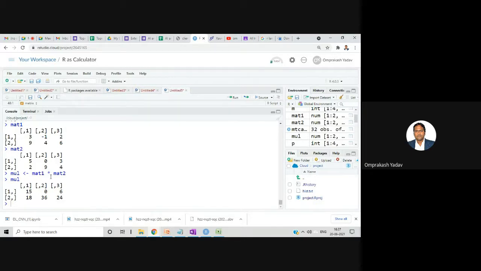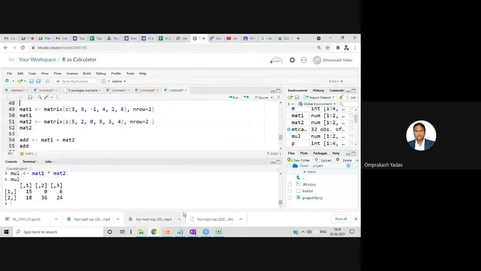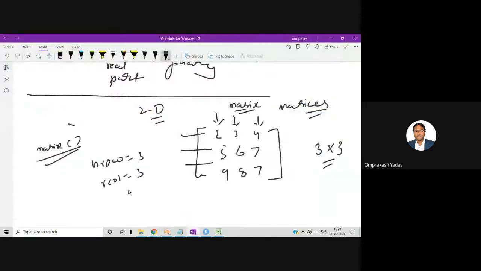multiplication, right? I am sure you might know matrix multiplication, but I'll explain once again how matrix multiplication actually happens.